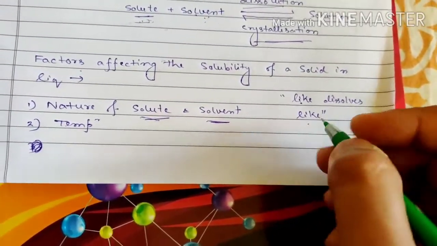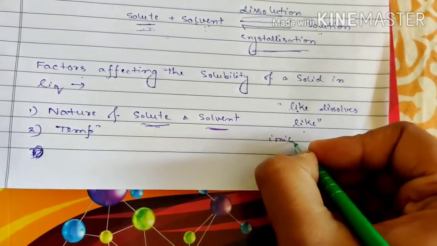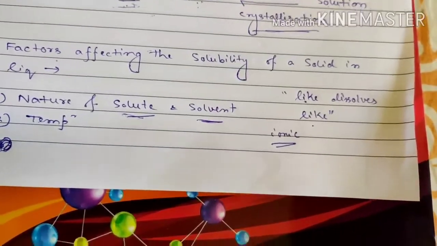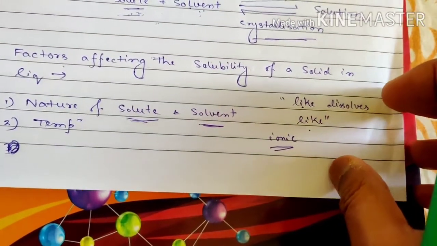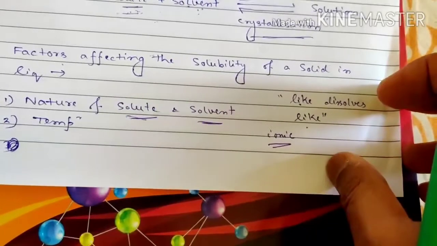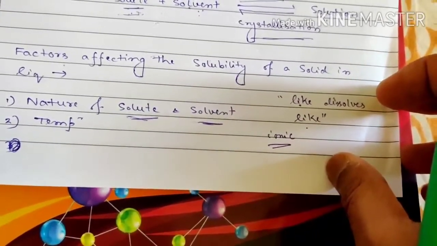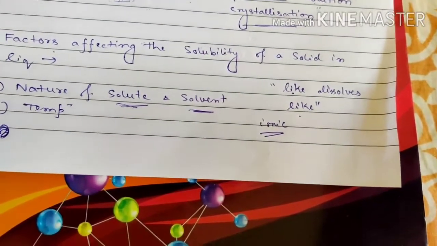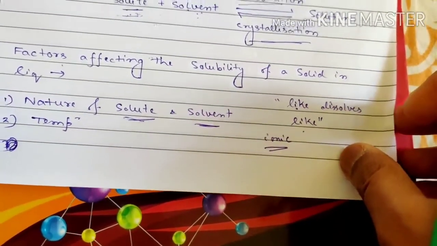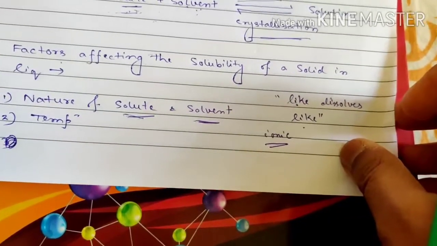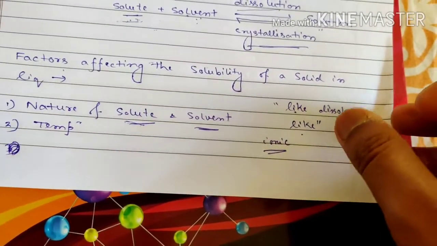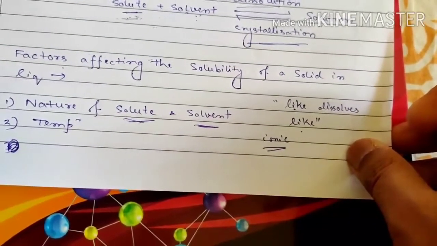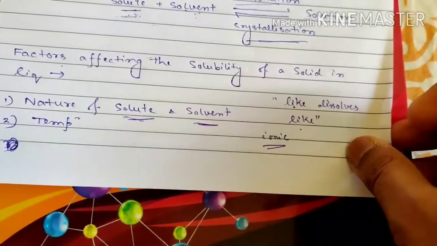Now similar means if we take an ionic solid, then it is likely that it will be easily dissolved in the polar solvents like water. Because if we take ionic, it means that they will be polar in nature. And if we take the covalent solids or organic solids, then it is likely that they will be soluble in the non-polar solvents like benzene, ether, carbon